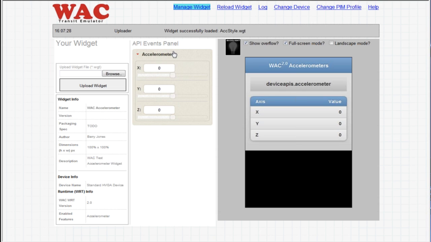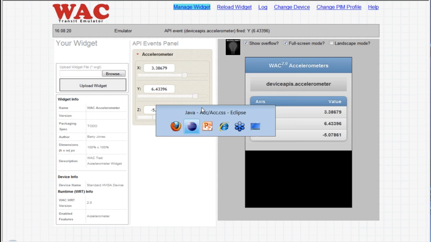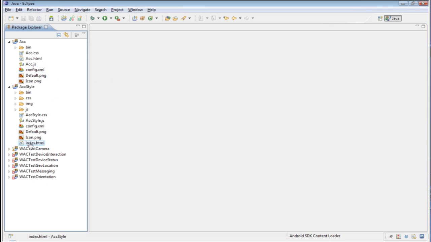So whereas before I had to do an on-click to change any of the values, what we've now done is set up watchers and callbacks. So as I change the X value, you'll see that the X value has changed. If I change the Y value, changed, Z value. And that's really simple. So let's take a look at how this sort of app is coded. If I flip back to Eclipse,